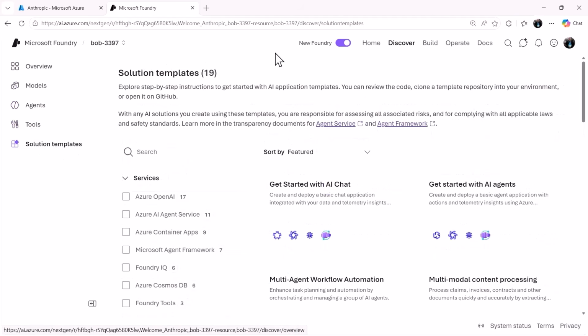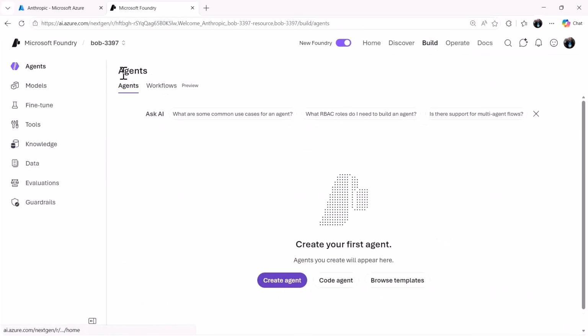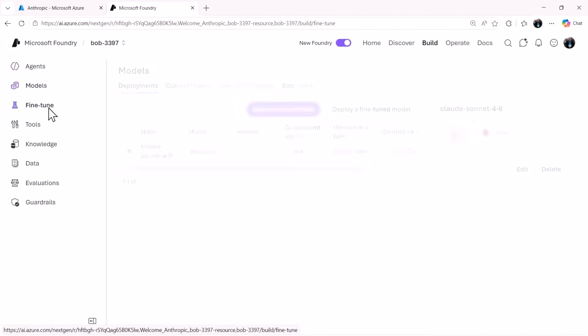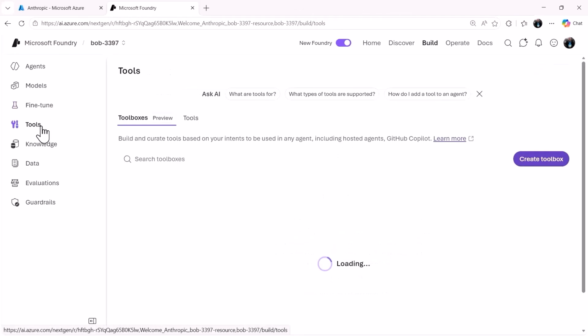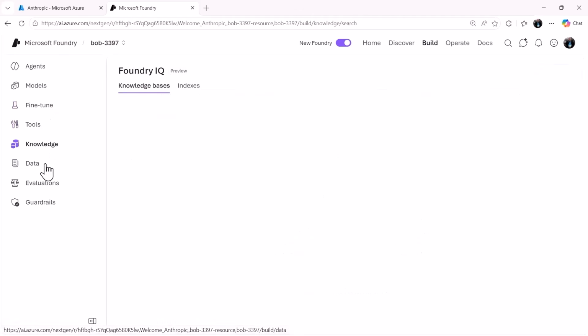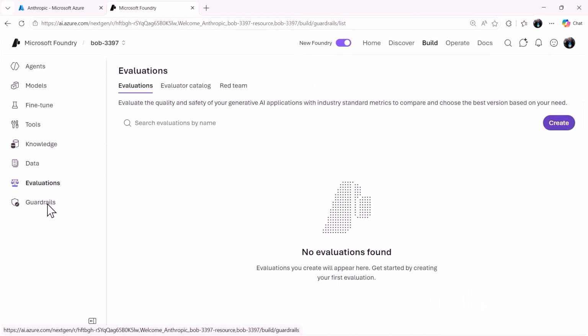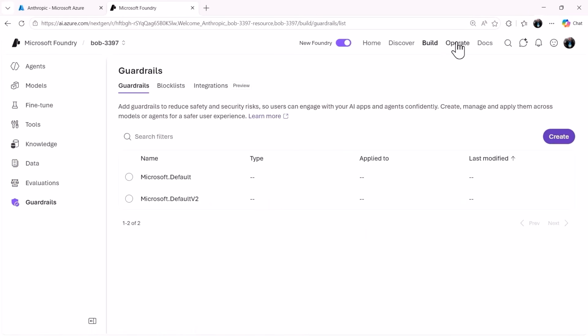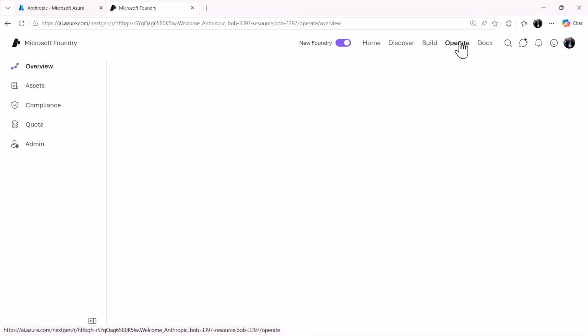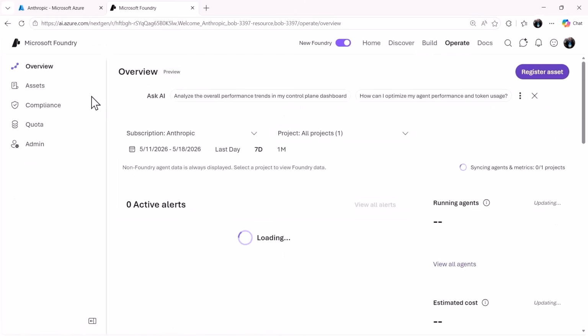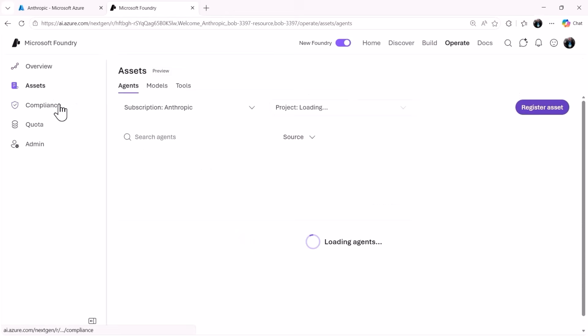Moving on to Build, we now can see the specific resources that have been created inside of this project, such as agents, models, fine-tune, tools, knowledge, data, evaluations, and guardrails. Next up is Operate, where we can get an overall view and filter assets like agents, models,